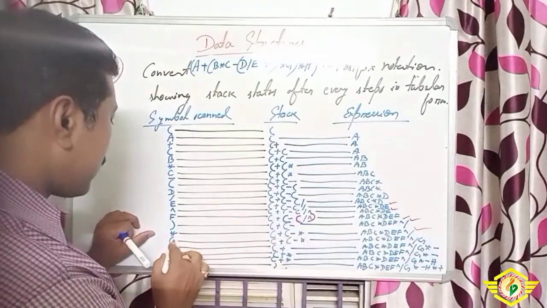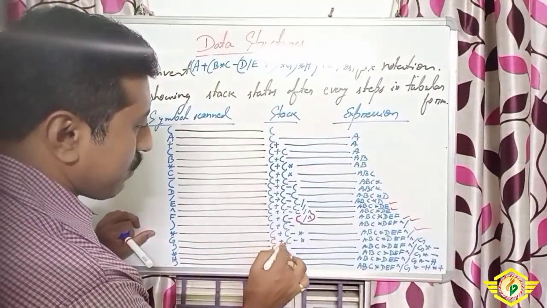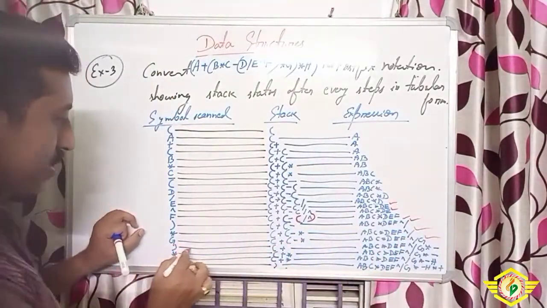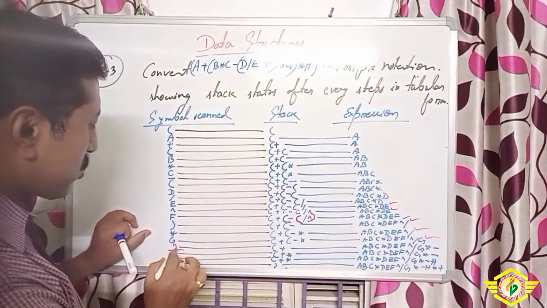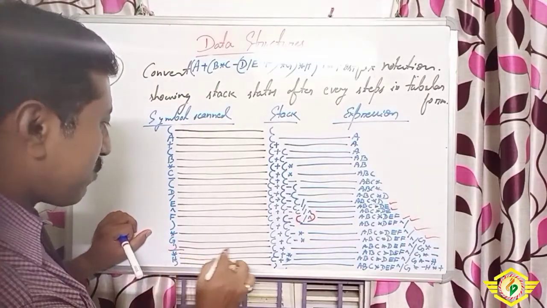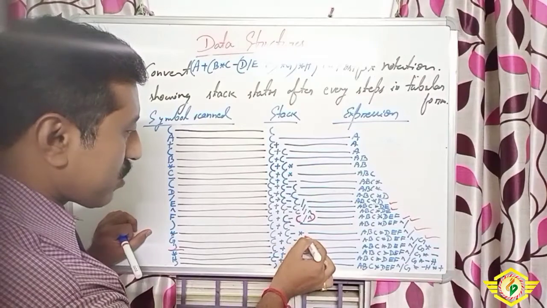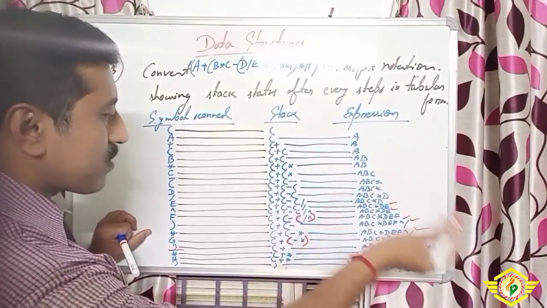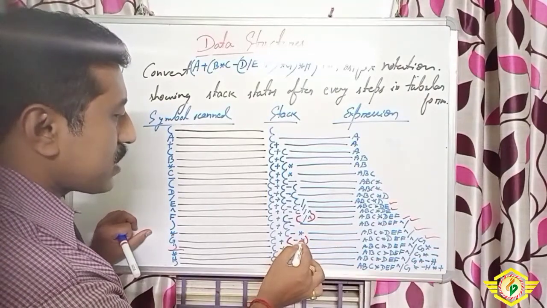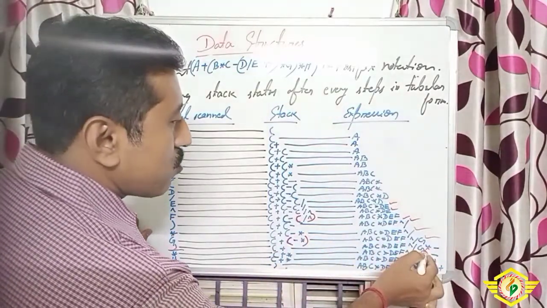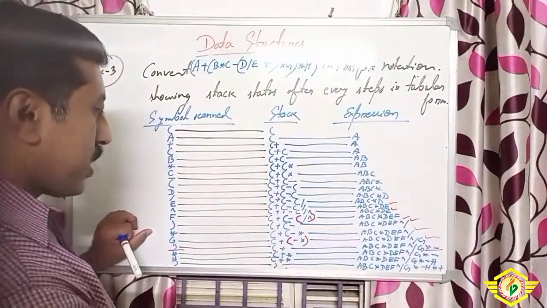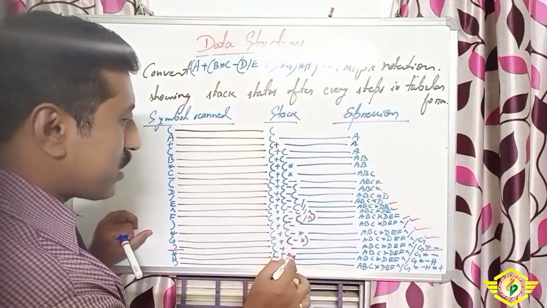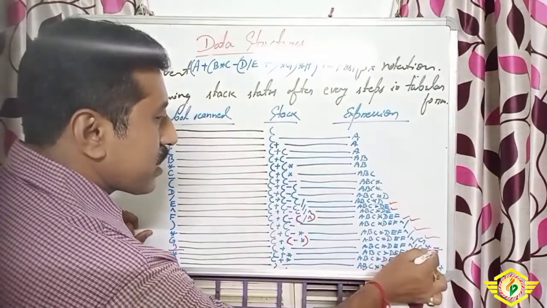Just like the previous one. Then G will be scanned, bracket plus bracket minus into, then G will be added here. Then after that, again a closing bracket. Now you see this is the closing bracket. When we are putting the closing bracket here, it was the opening bracket, so that into and minus sign will be shifted to the last, but in reverse way. First into and minus. Now you see this into and minus will be shifted here. After that again we scanned the into sign, then the plus sign was here, plus and into, so now it will be as usual.